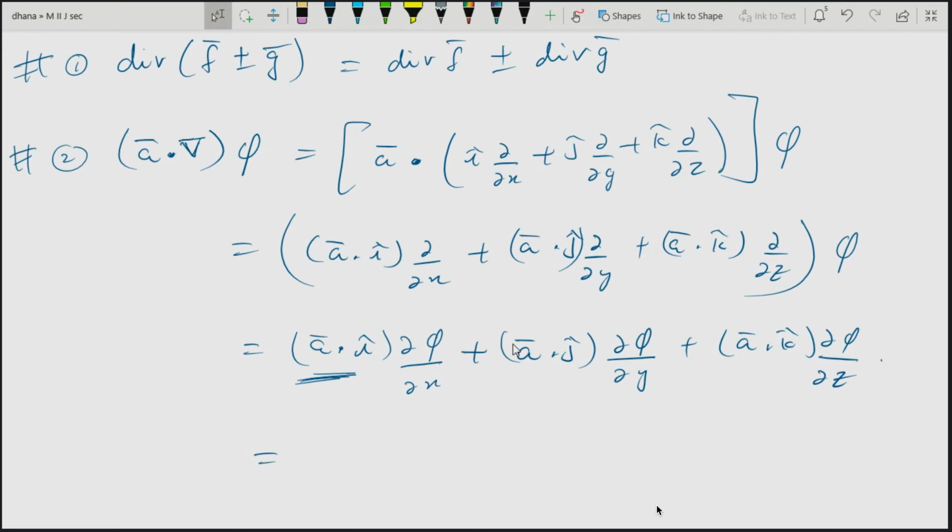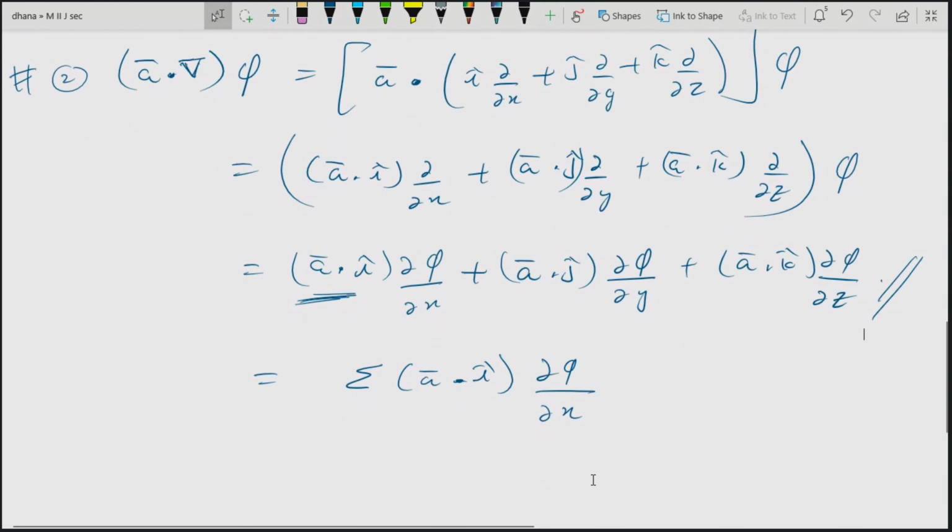In summation form, later we will see some vector identities where instead of writing all three terms, they will just put a summation sign and write down one term. So this should be understood. This is a dot product, and the expansion of this one is nothing but this one only. Got it, all of you understood? Similarly, this A bar dot del operator you have applied on phi and got this result. You can apply this operator A bar dot del on F bar also.